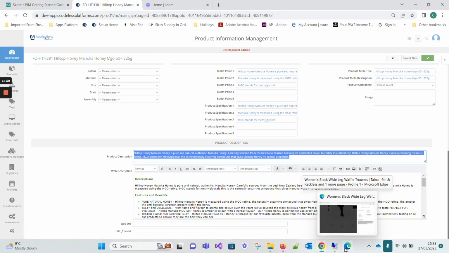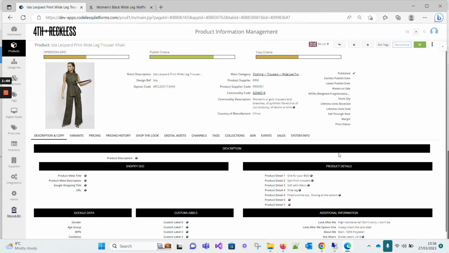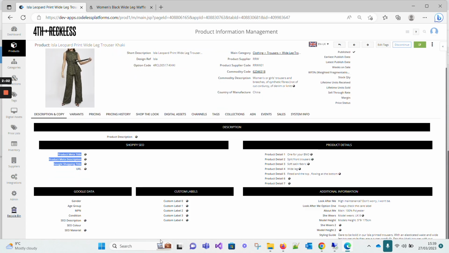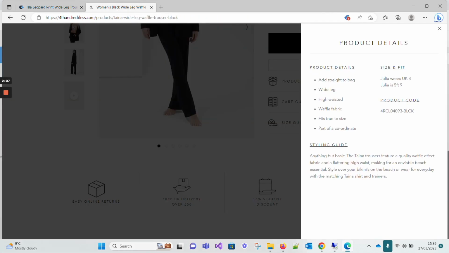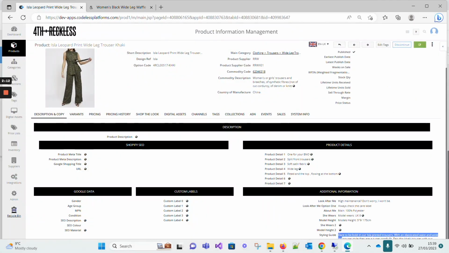So if, for example, we were looking at a real life scenario with a customer, this is actually a test site for a fashion website using our PIM. You can see that we've changed some of the descriptions. We've set up some structure here. So we've got some Google information we want to record. Here we've got some SEO. We've got our styling guide that we were looking at here. We've got our features and benefits,